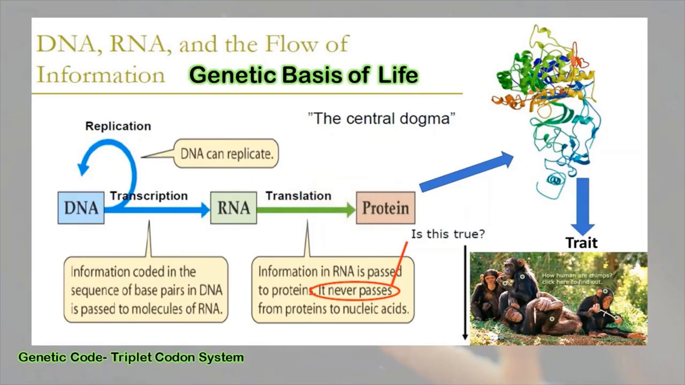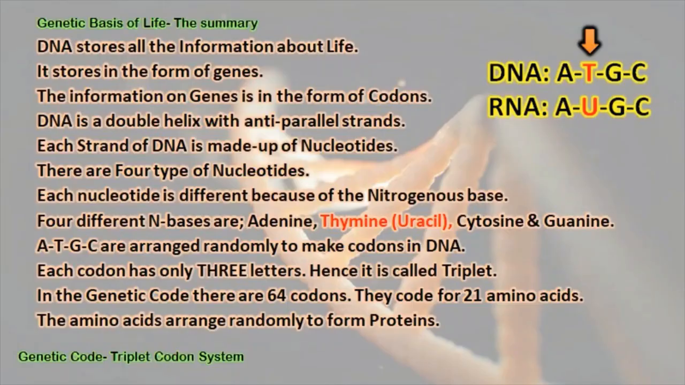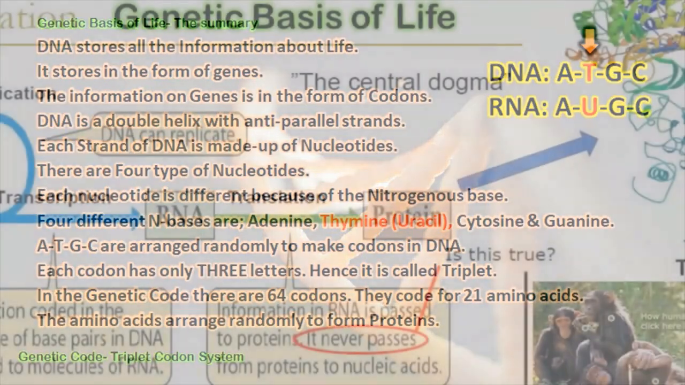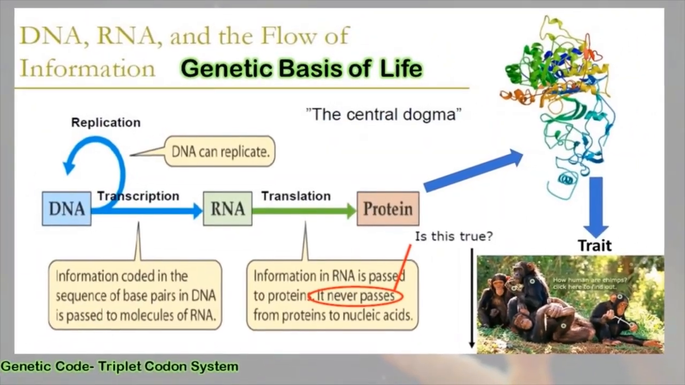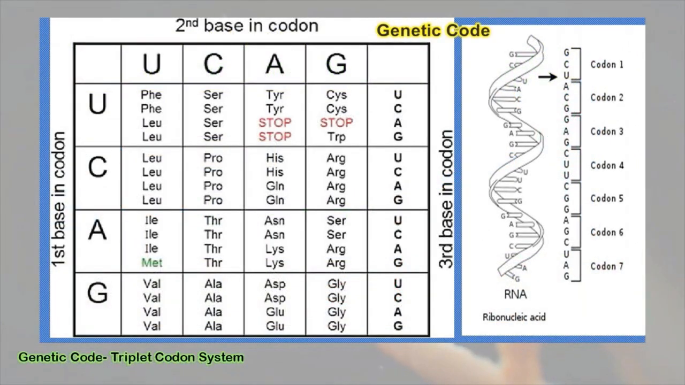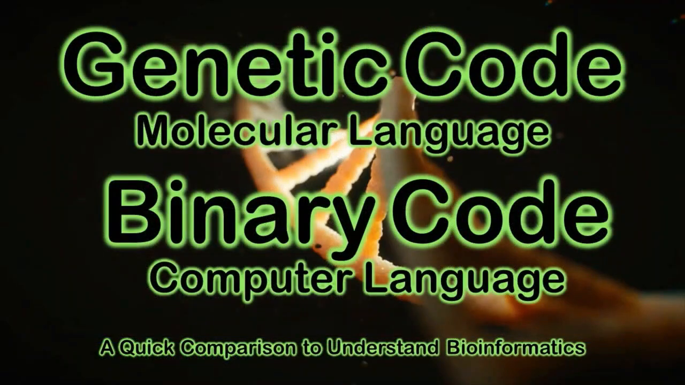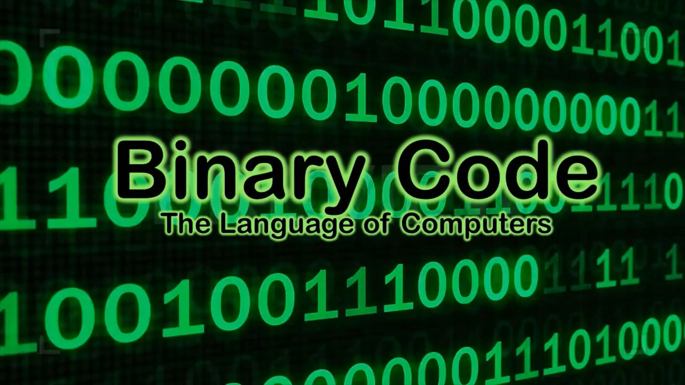These 4 letters are used to construct 64 codons, and these 64 codons in turn code for amino acids. And these amino acids are arranged randomly to make the proteins. Usually AUG is the initiation codon, which also codes for methionine. It is there in the beginning of each and every gene. Similarly, UAA, UAG, UGA are the termination codons, which end the process of translation. Genetic code is a molecular language. It's a natural language. On the other hand, we have a language that is used by computers called binary code